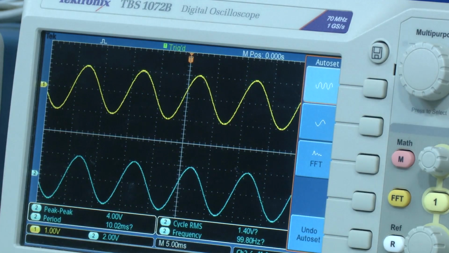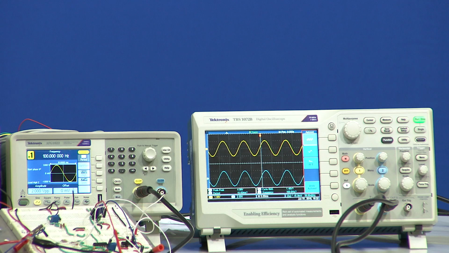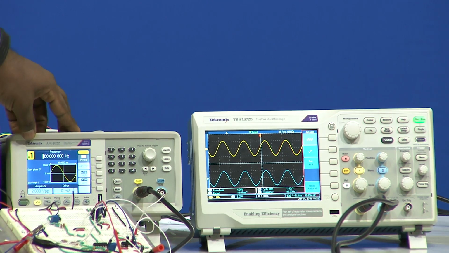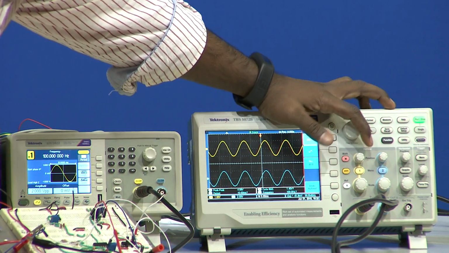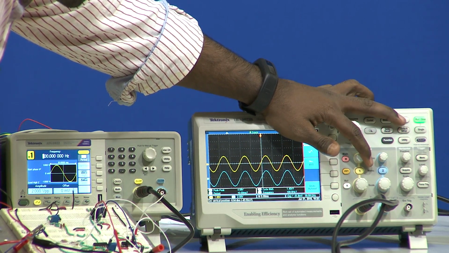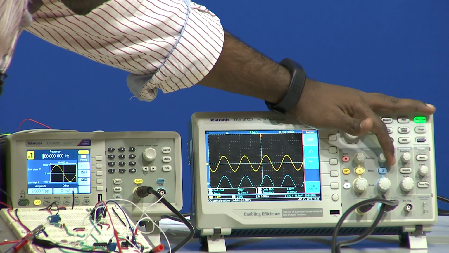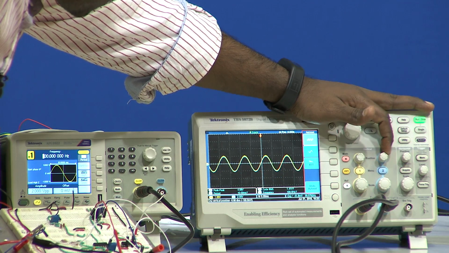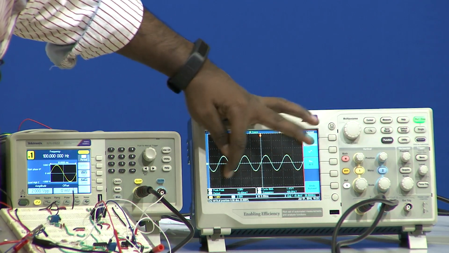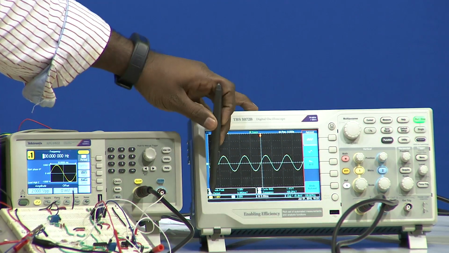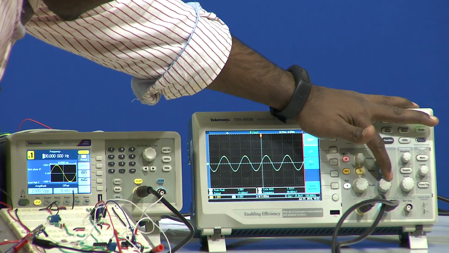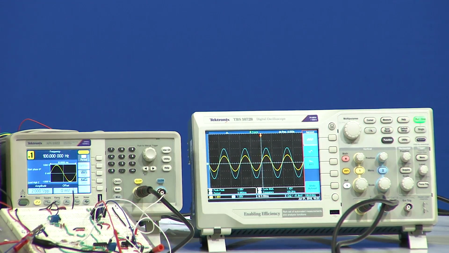Now, when we look into the output, the frequency that we have given as an input to the op amp is 100 hertz, and this is the output we got. I will put both the things at the same point, so it is easy to understand, right, and even this a little up to the 0 0 position. So, both are right now at 0 0 position. Now, the scale, if I observe, this scale is at 1 volt, whereas this scale is at 2 volts. What I have to do is put both scales at the same level.